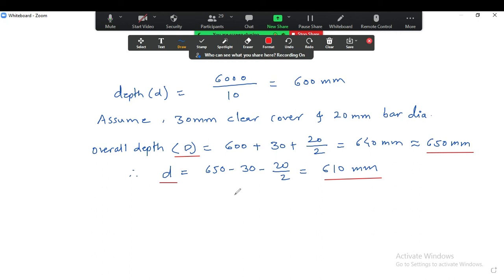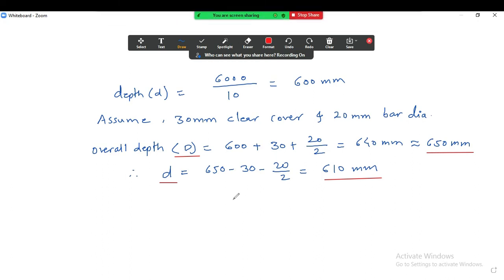So in design, your check is important, dimensions are not important. Whatever dimensions you have provided, those must sustain the shear force, bending moment, and torsion that are developing on the member. If those are sufficient to tackle these forces, then any dimensions you have provided are what we can call the best design dimensions. Okay, so now D is equal to this depth.